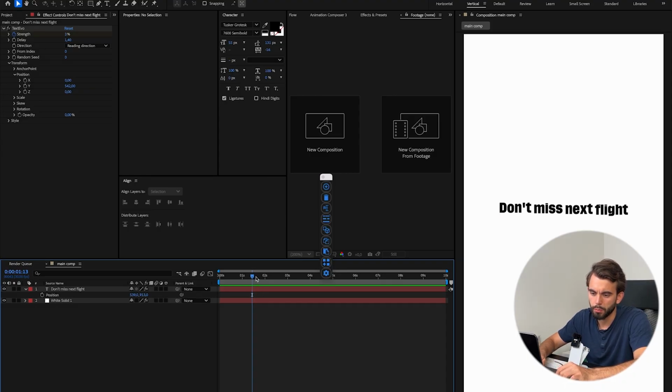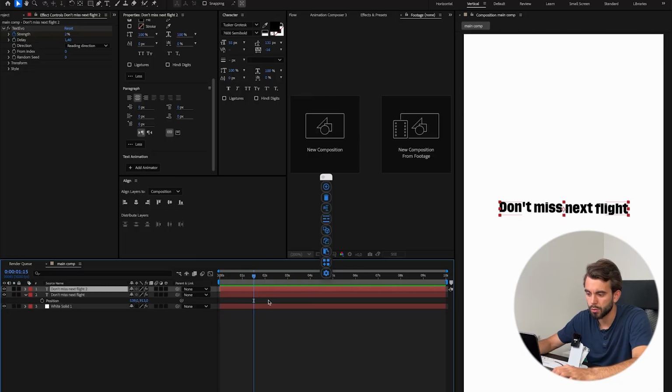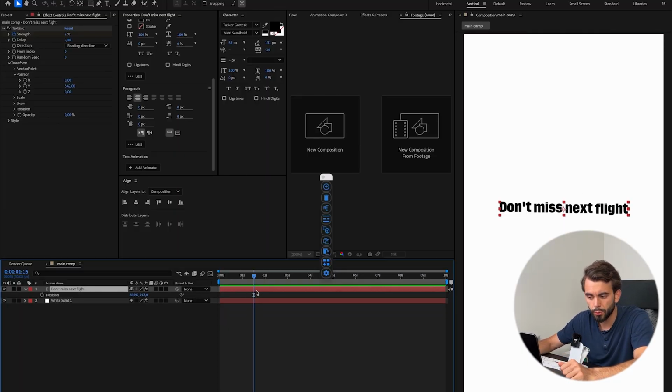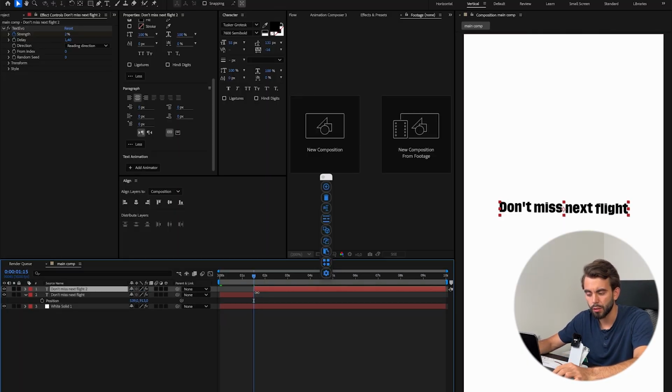The way I'm able to jump between different frames exactly is by pressing Command and arrow keys. If I press Command Shift arrow keys, I'll be able to jump by 10 frames. Okay, so here we will have our plane crash into our text. So I'm going to split our text by pressing Shift Command D. By the way, if you're on Windows, instead of Command, you just have to press Control. So it's going to be Shift Control D, and we are going to cut it. So this is where the plane is going to hit our text, and we need to break down our